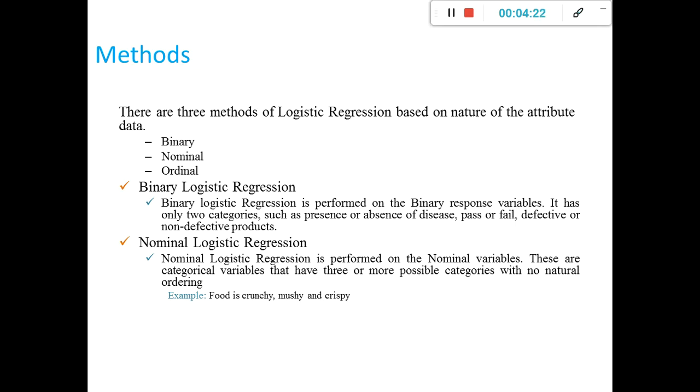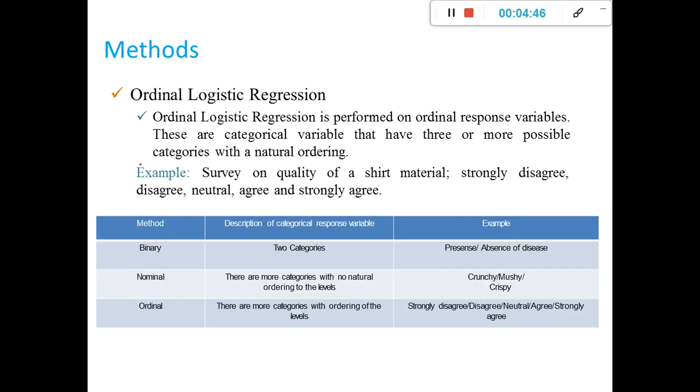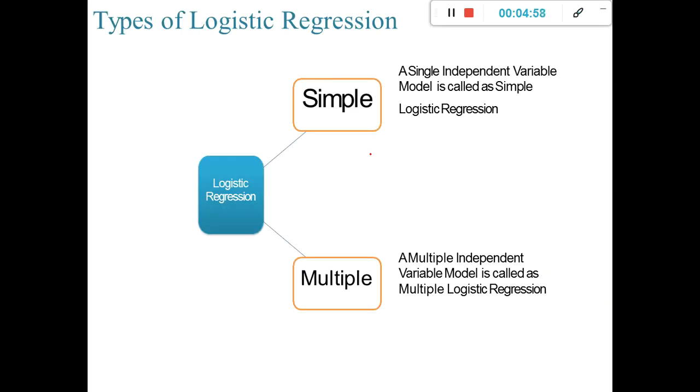If the output variable has nominal categories, then we will go for nominal logistic regression. And if it has a natural order to it, right? So we can either have a nominal variable, wherein there is no natural order to it. We have seen that in detail in the last session. And when it comes to ordinal, the ordinal response variable always has a natural ordering to it, right? The differences you can see in the part 1 video.